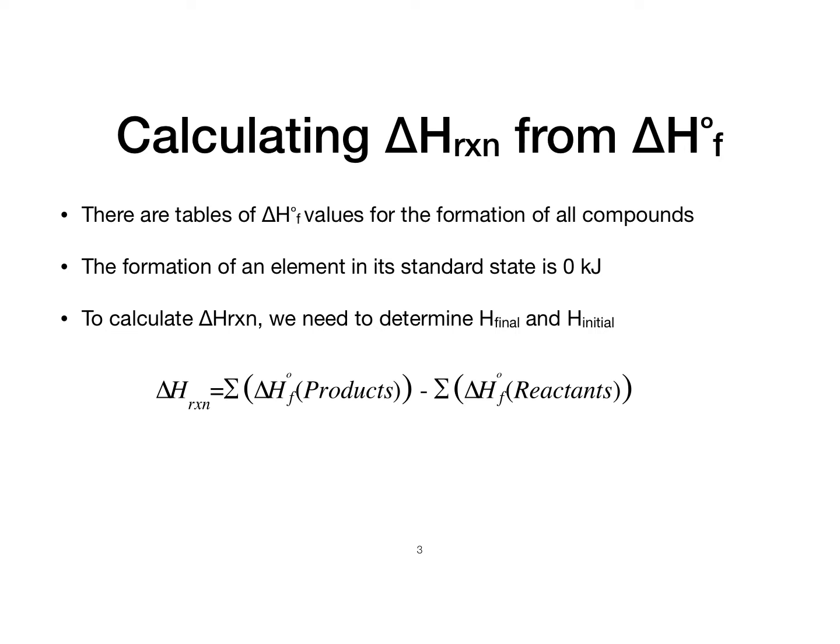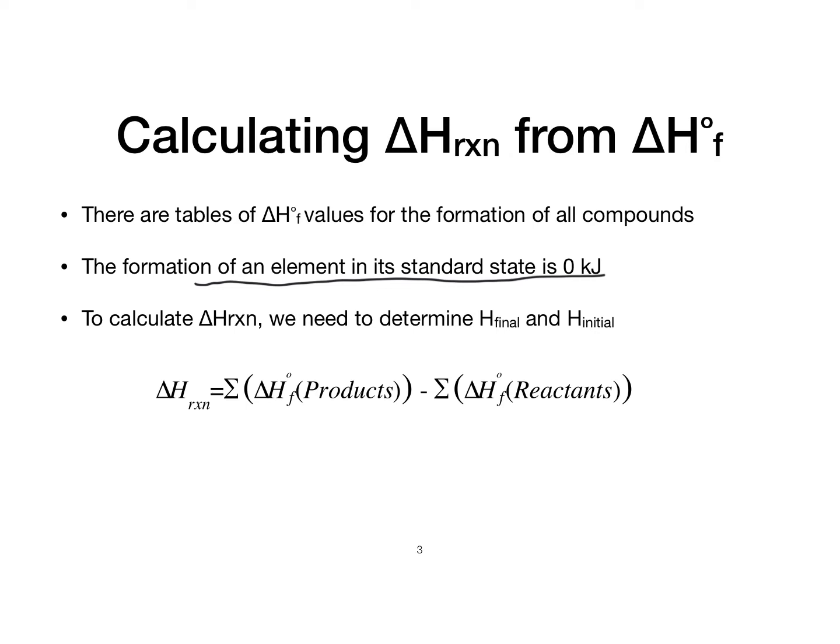We can identify heats of formation from a table, but it's important to note that the formation of an element in its standard state is 0 kilojoules. If you can get the element in that state naturally, there is no effort required to form that. If it requires you to heat it in order to make it, then it has a heat of formation